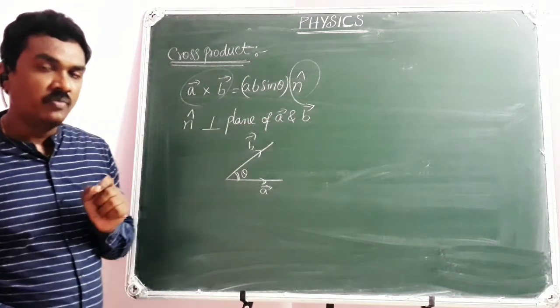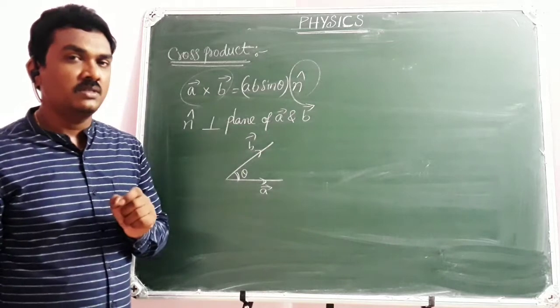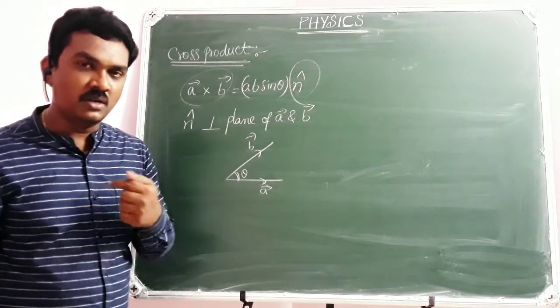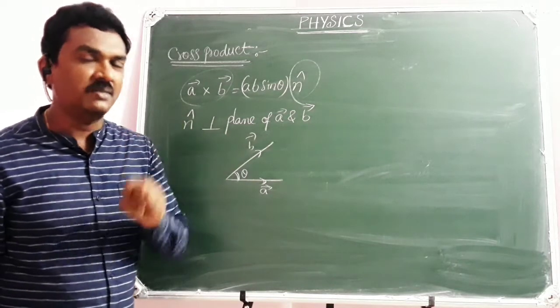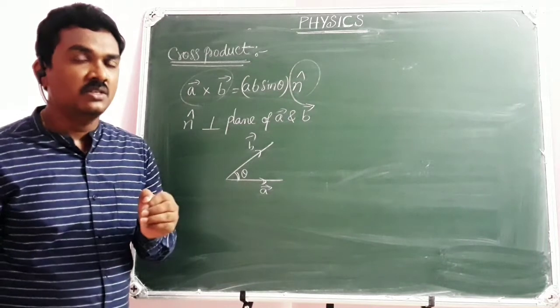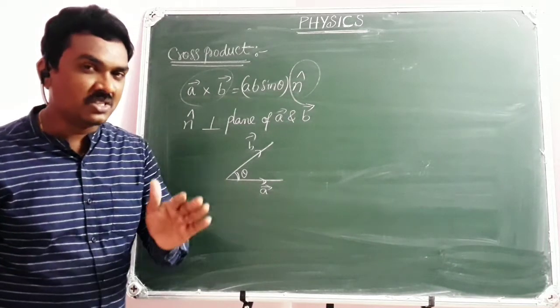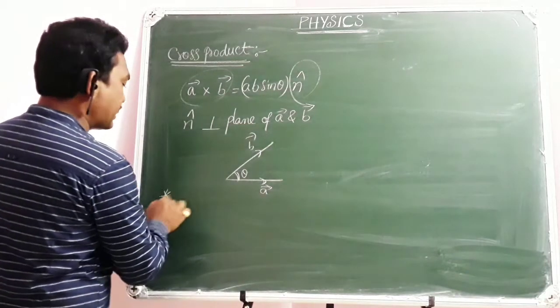So, I conclude: the vectors whose direction changes, just like A bar cross B bar. I am not talking about A bar, I am not talking about B bar. I am talking about the direction of A bar cross B bar. The vectors whose direction changes when the plane changes are called pseudo vectors.